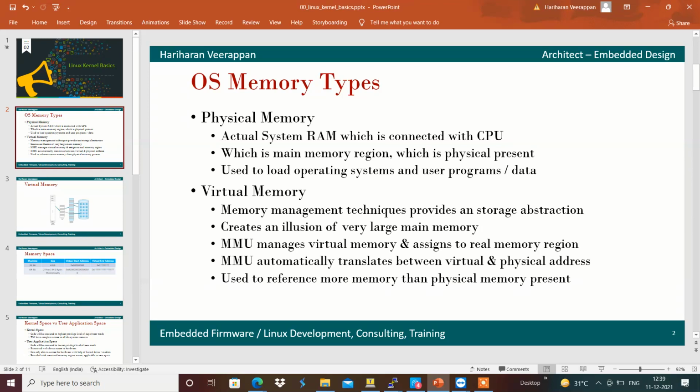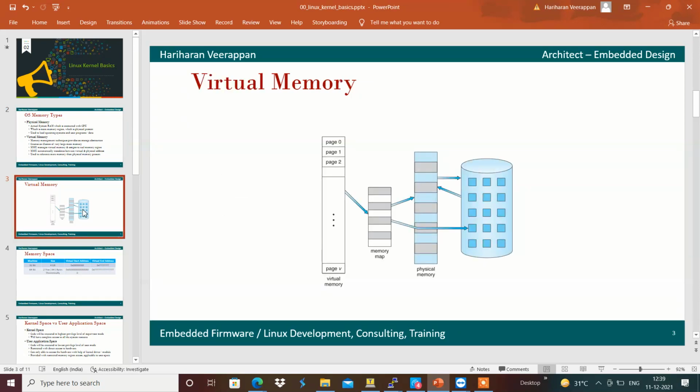Virtual memory is created with the help of the memory management unit, which translates between physical memory and virtual memory addresses. For example, here we have 4 GB of virtual memory for a 32-bit processor, used with the memory management unit and the memory map information.